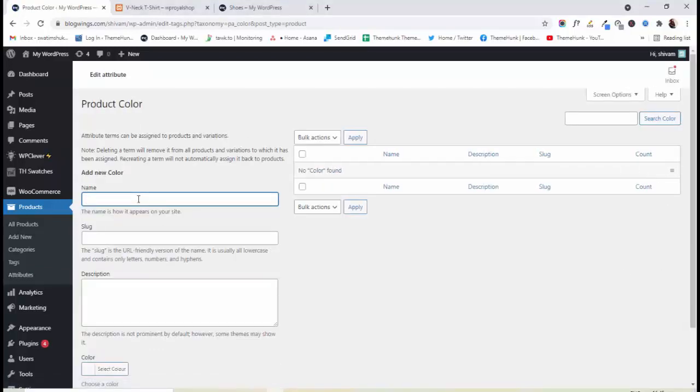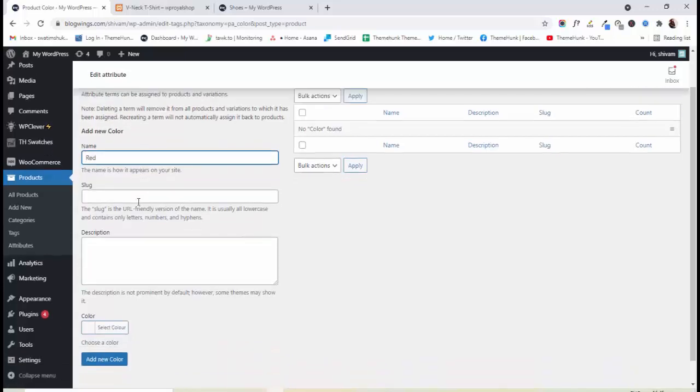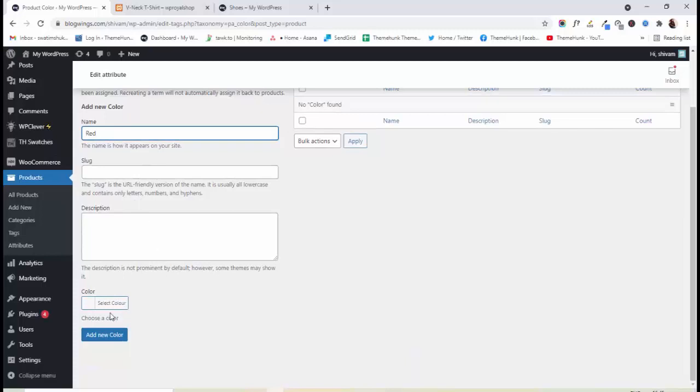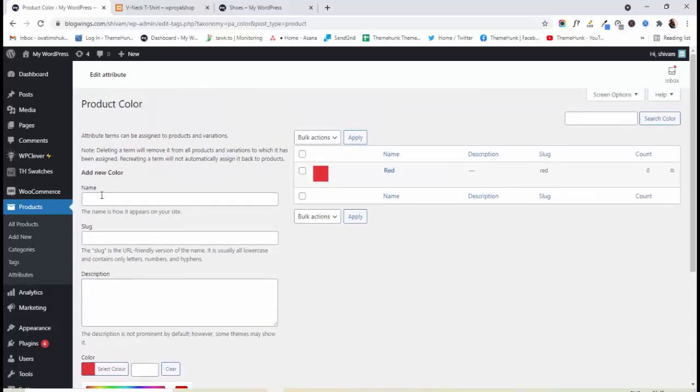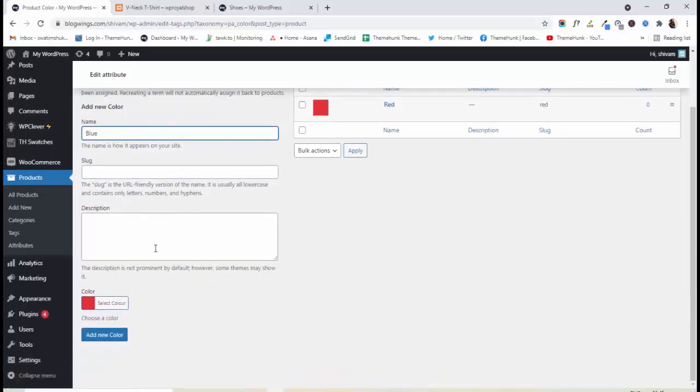Here, add new color name, for example, red. Leave the slug. Select the color from the color box. Click on add new color. Same for blue.